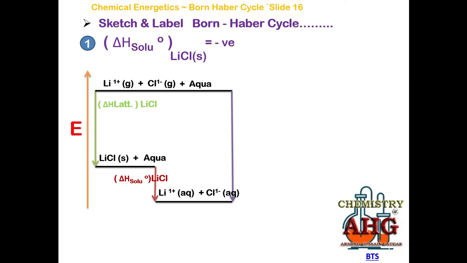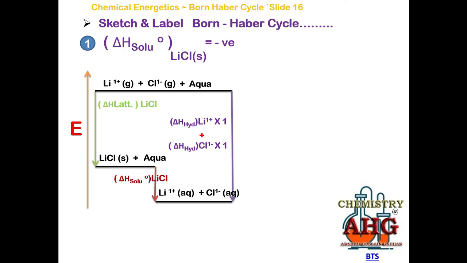I will give you one example for the practice at the end of this video. Okay, what label can you write for this purple arrow? This represents the enthalpy change of hydration. So you can write hydration enthalpy of lithium ion times 1, because there is 1 mole of lithium ion, plus hydration enthalpy of chloride times 1. So you can see this is a complete Born-Haber cycle for the solution formation of lithium chloride, and it has included all the 3 types of enthalpy changes.